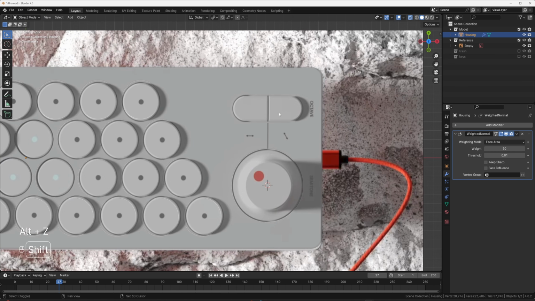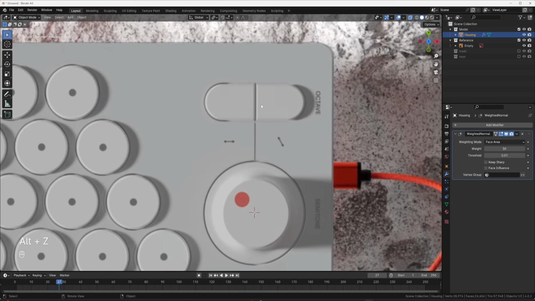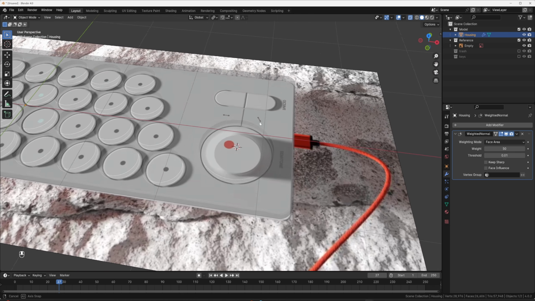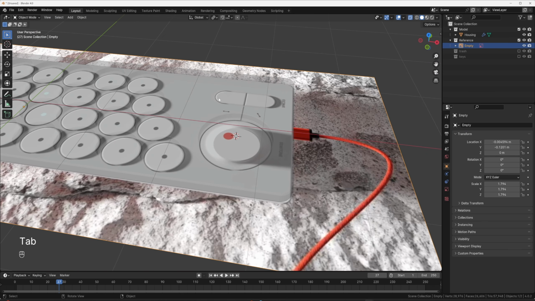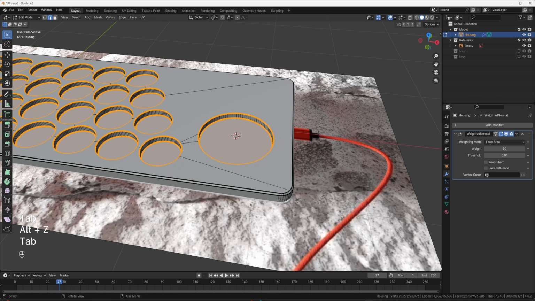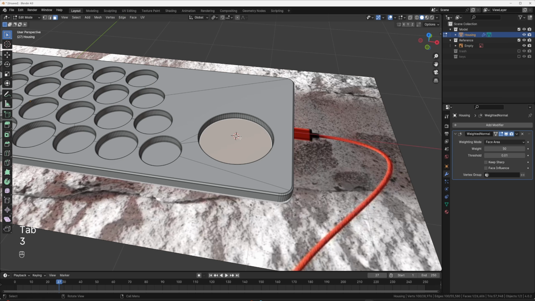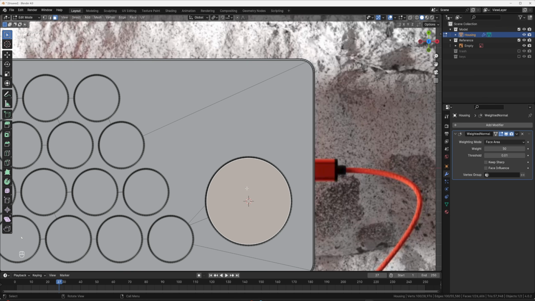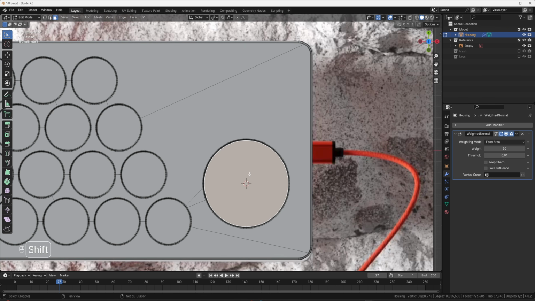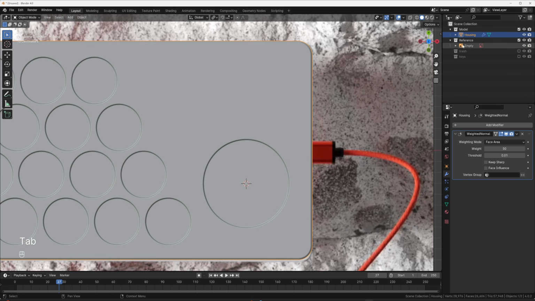So we're going to do that again. I'm going to go back in X-ray mode, and then we're going to use this shape. Actually, what I want to do is let's tab into edit mode, Alt-Z, and then let's click this face, and then Shift S, cursor to selected. And what that's basically going to do is put this right in the middle of this circle face. So now, let's tab out of edit mode, make sure we're in our housing or our model selection.